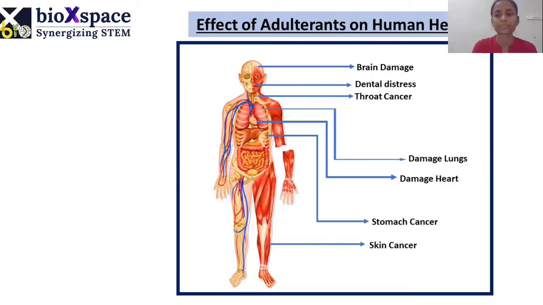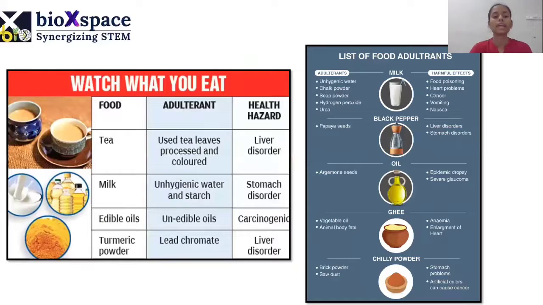When we talk about tea, most people use adulterants like processed and colored tea leaves, which can cause liver disorders in human beings. Other than tea, in milk, unhygienic water and starch are added as adulterants, which can cause stomach disorders. After that, there are edible oils, in which the adulterants can